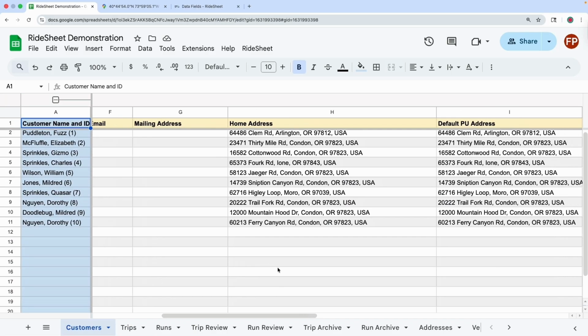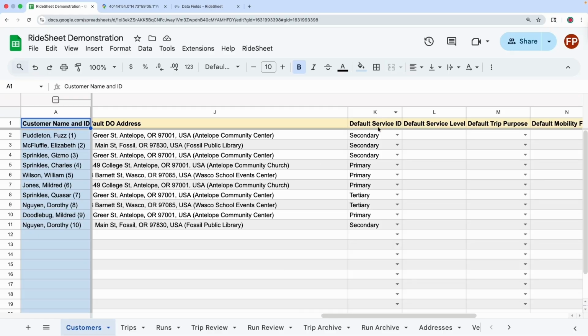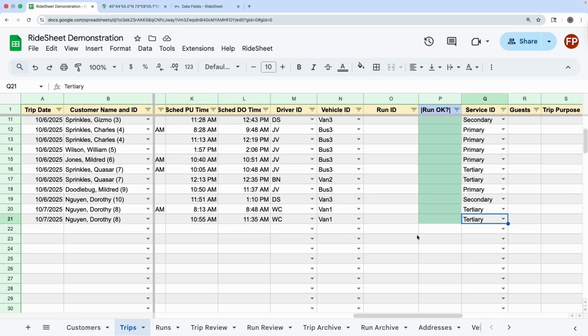And over here in customers, each customer can have a default service ID. So if normally their ride is provided by the VA, for example, you could enter that here, and then that would show up by default every time you create a trip for that rider. So that's a first look at